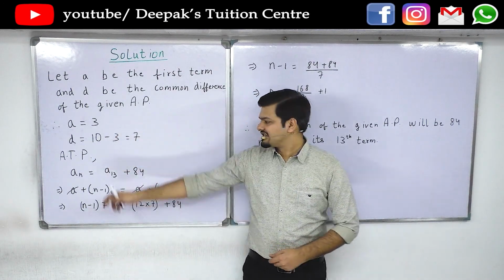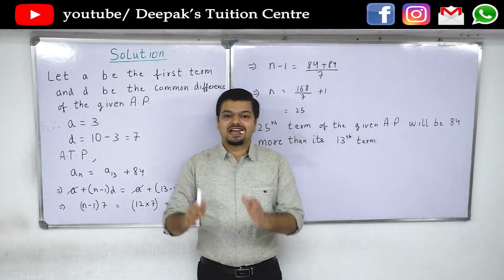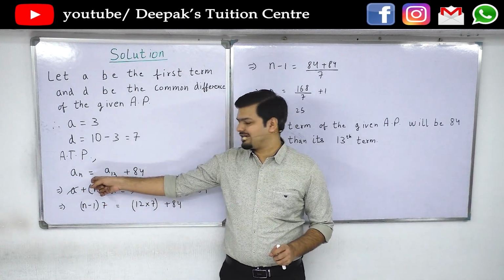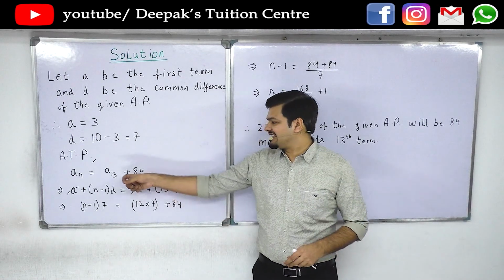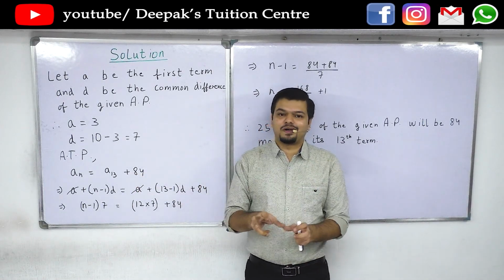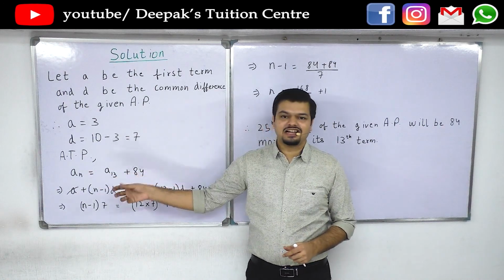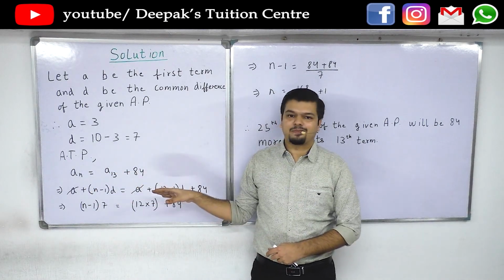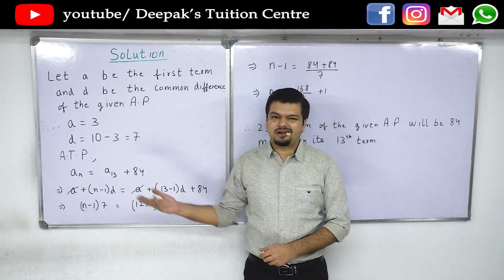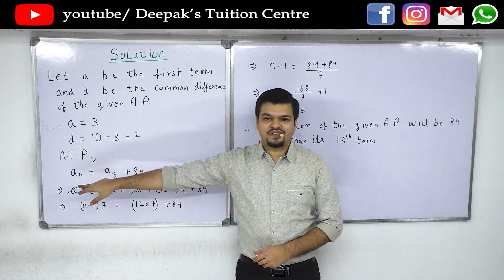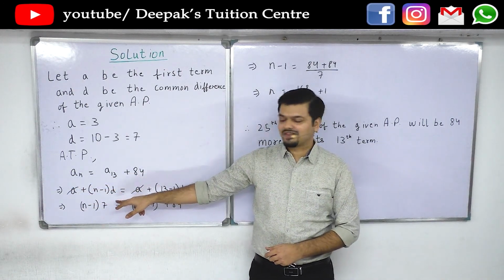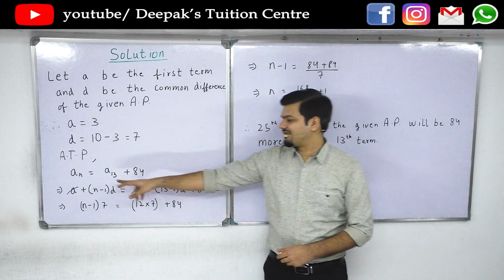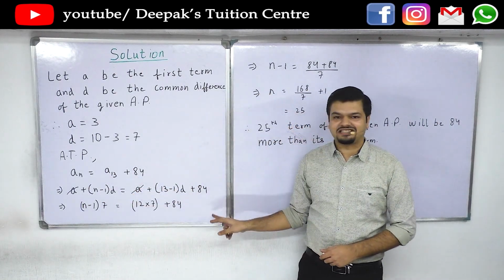That is 7. So according to the problem, the question states which term, meaning nth term, that is an, is equal to 84 more than, that is plus 84, the 13th term, that is a13. So you just need to convert English language into maths. If you can do that, you can write the equation properly, and if you can write the equation properly, solving is a child's play. The formula for an is a plus n minus 1 d, and the formula for a13 is a plus 13 minus 1 d. So a and a get cancelled out. We just copy plus 84.